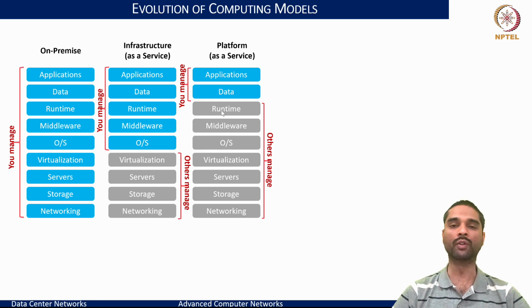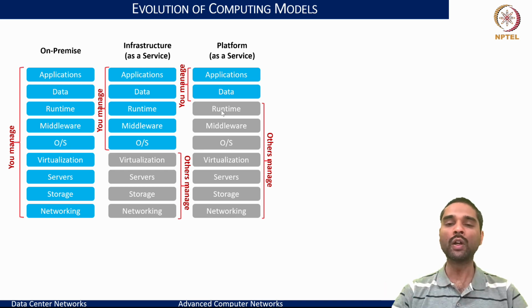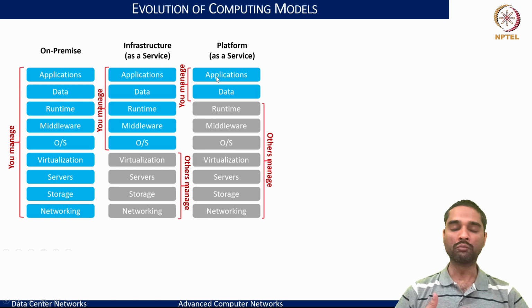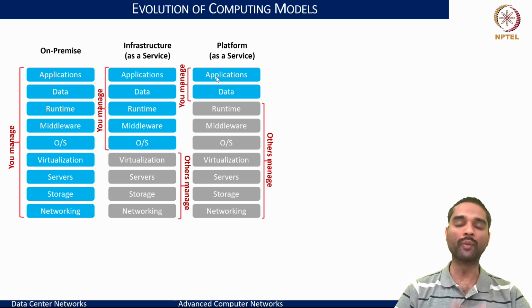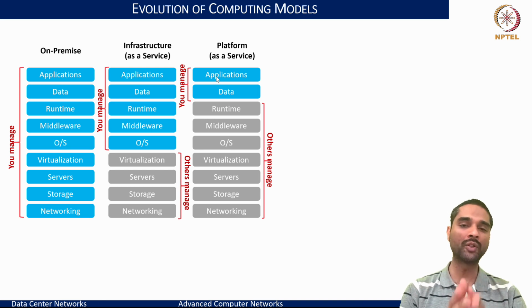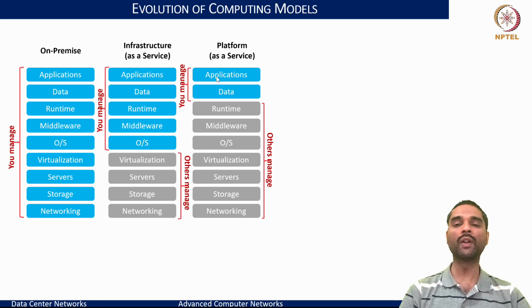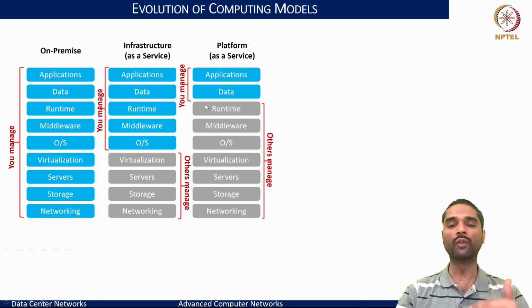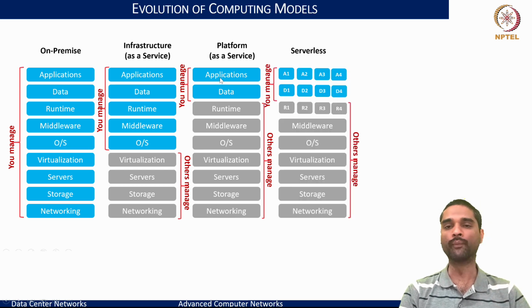Like if I want to build a Google function, I care about what kind of data I operate with, what kind of application I want to build, and how I store and access that data within a runtime that Google Cloud supports. This is where the platform as a service model takes out much of the burden in terms of how we manage the hardware. In fact, zero hardware management, but just the software that we would want to build, and what the components of the software are, by leveraging the runtime as the Google framework APIs that we would want to use to manage our data and applications that we would want to run.